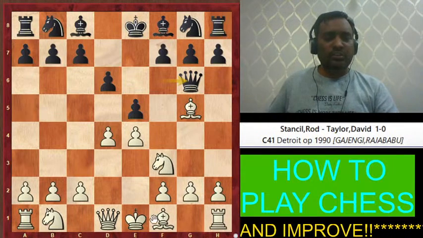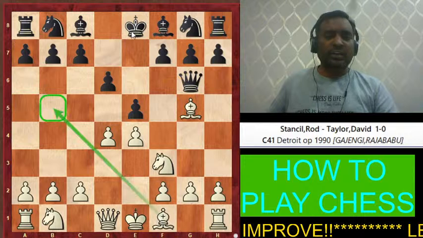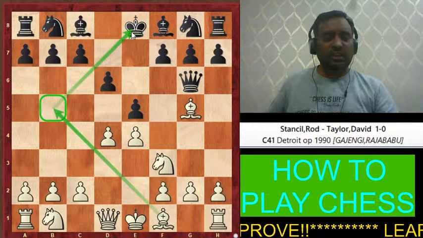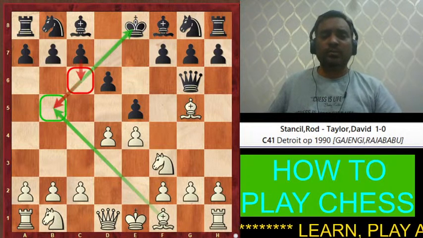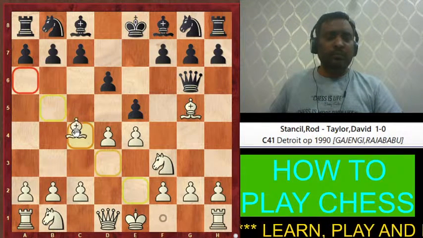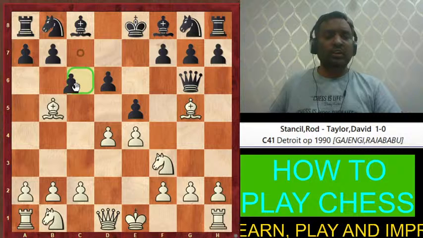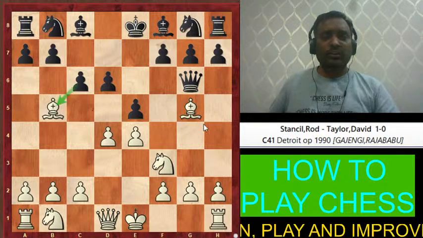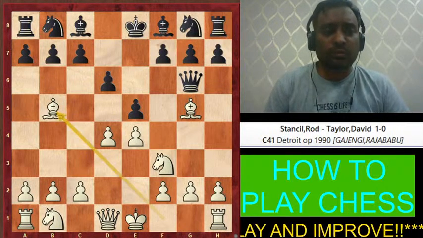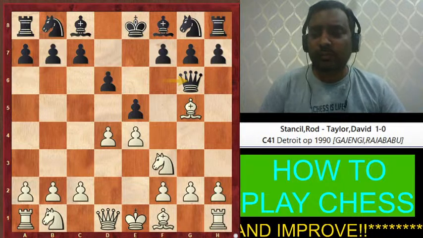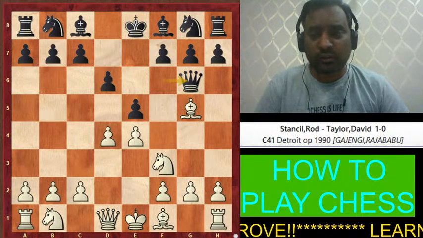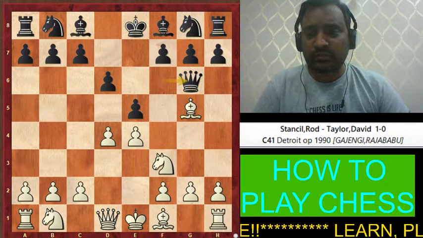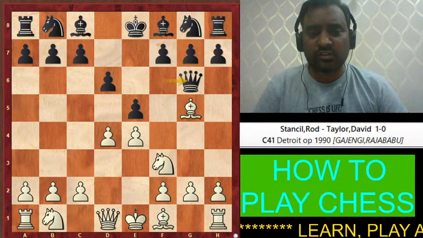Bishop b5. Akshat is telling bishop b5. He is telling to give this check, but this check is not correct move because opponent will play this pawn here and attack your bishop. So bishop b5, playing bishop b5 is not correct move. He will attack our own bishop. So this is not going to be the right move. So our opponent should not attack us. We should attack. Okay, so Salman, Shoaib Sheikh and Akshat, bishop b5 is not a good move.